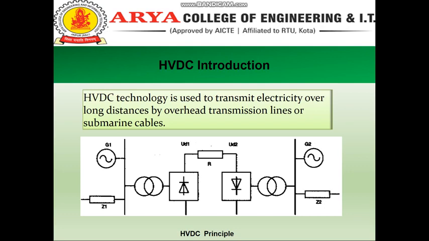The DC flows through the overhead line to the user end. There, the DC is again converted into AC by using inverters placed in the converter station. The power remains the same at the sending and receiving end of the line. DC is transmitted over long distances because it decreases the losses and improves the efficiency.